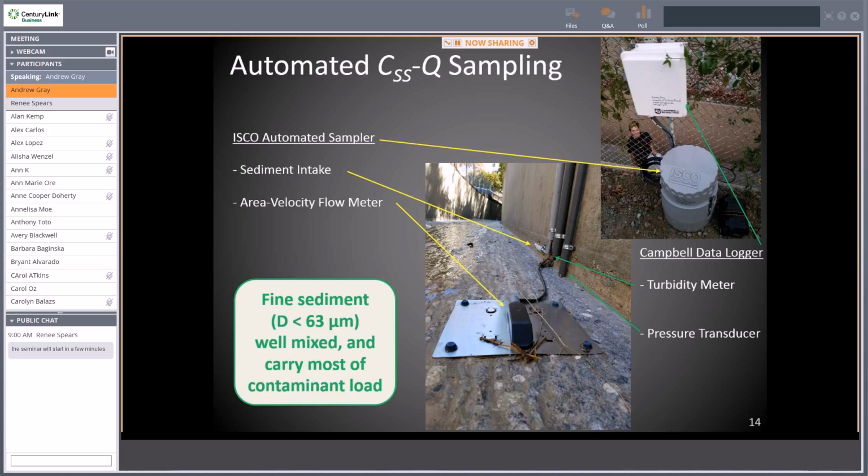stations. So here we have an ISCO automated sampler that's hooked up to an area velocity flow meter, and also a Campbell data logger set up with a turbidity meter and pressure transducer. And this way, we can develop turbidity, suspended sediment concentration rating relationships, and get at more of a continuous monitoring of suspended sediment dynamics. And also, by collecting samples, perhaps characterize those and get at the dynamics of the contaminant